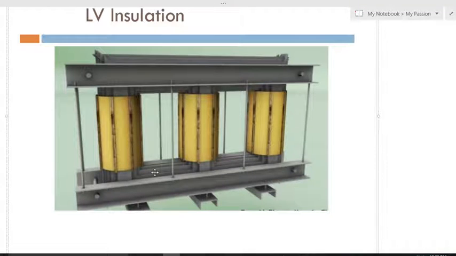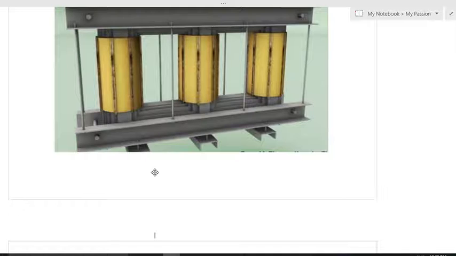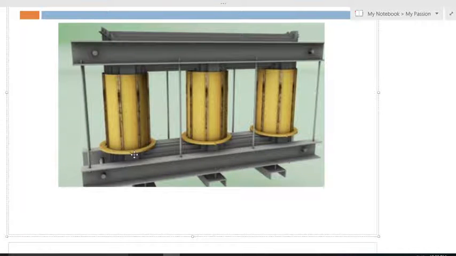So next slide. Look at this one. I am placing the winding after the insulation, and in between the insulation and winding, I'm placing supporters, which provide the gap between insulation and winding, so that transformer oil can flow between insulation and transformer winding, and the winding temperature will be absorbed by the transformer oil.